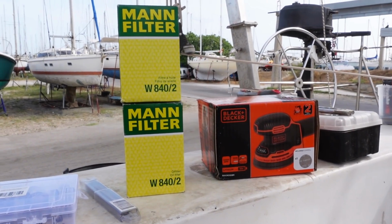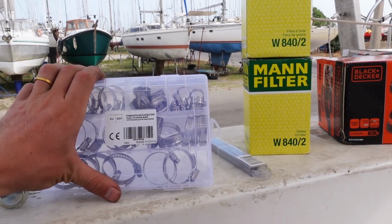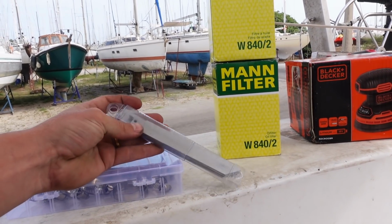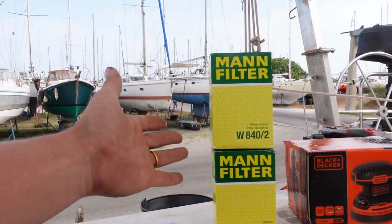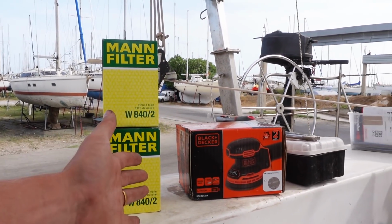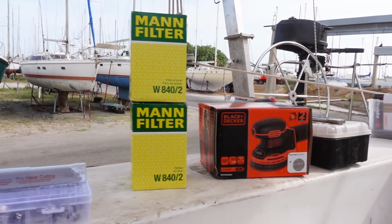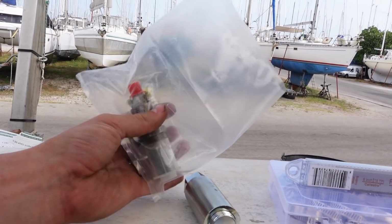So we've had a really nice delivery. Thank you so much to the wish listers. We got hose clamps so I can get that starboard bedroom all sorted. Metal cutting blades for the saw so I can get the tank sorted. 2 filters for the hydraulic so I can get the filter changed, and a new sander because our old one was at its end. And another thing, one that we got ourselves, a refurbished injector